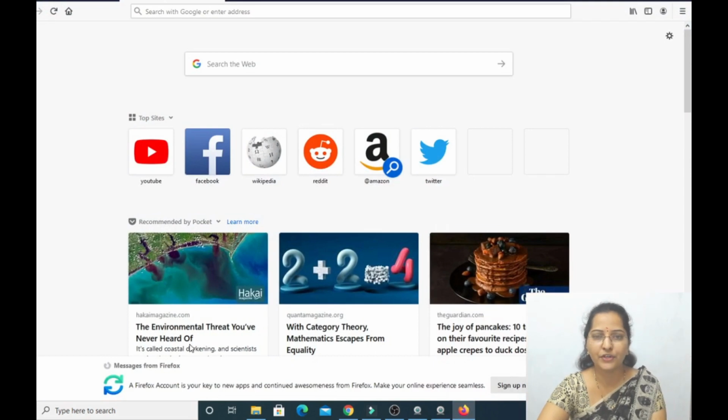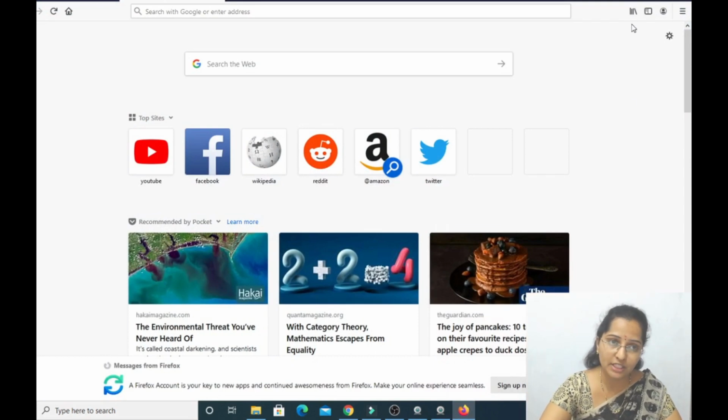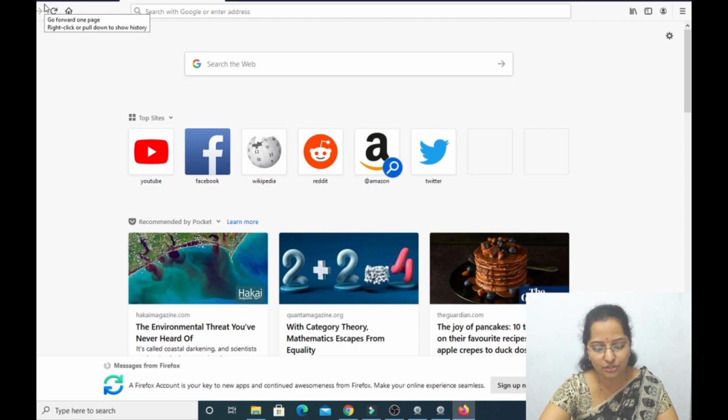Yes, it is the window of Mozilla Firefox. First we'll see what the navigation buttons are. Yes, on the top left side corner, these left and right arrow marks, like arrow keys, symbols. These two are navigation buttons. From these we can move backward or forward while browsing. Please observe the cursor. Okay, your concentration is very important while I am explaining. Yes or no? Yes, these two are navigation buttons.